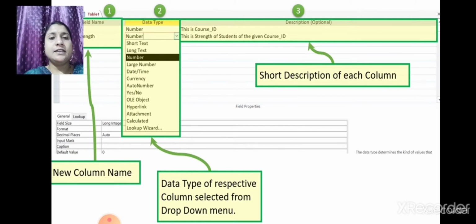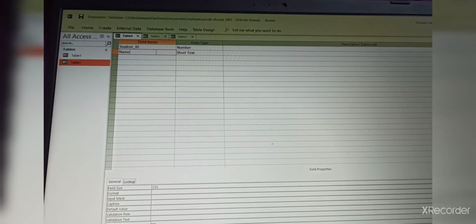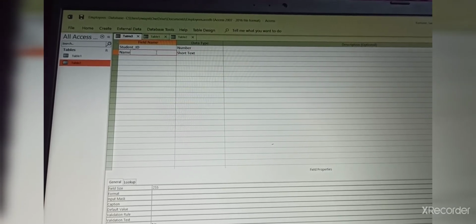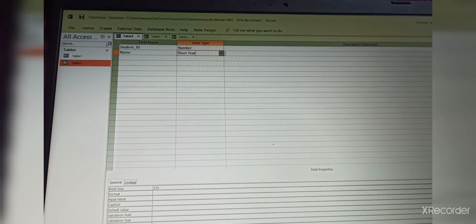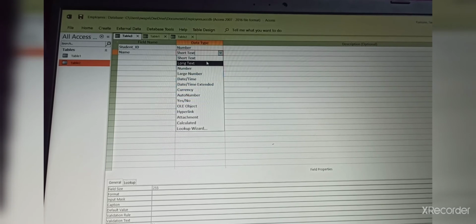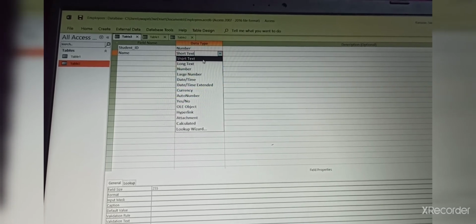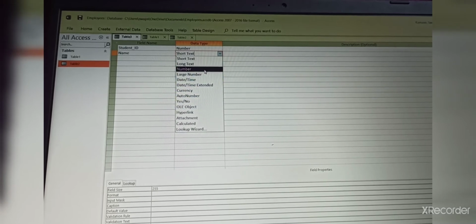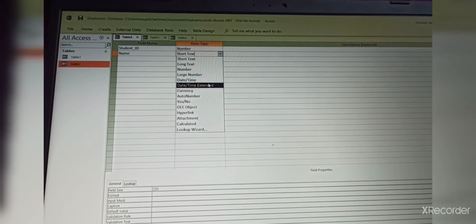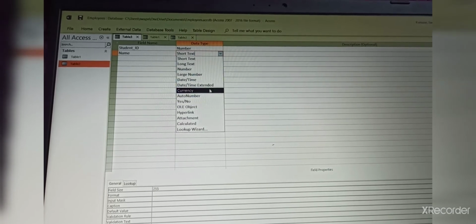Getting this? Yes? Okay. Now look here, when we write the name, short text will come. Here you can see the drop down arrow. It is given as short text. We already saw short text, long text. Number, if you want only numbers, large number if you want, date and time extended format, currency.